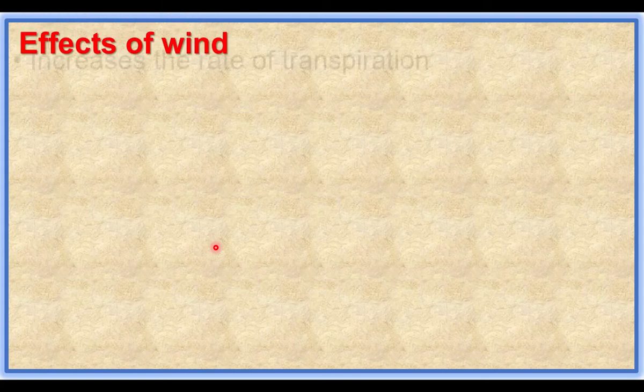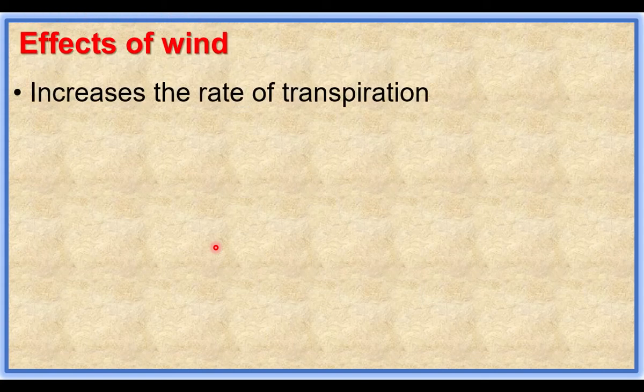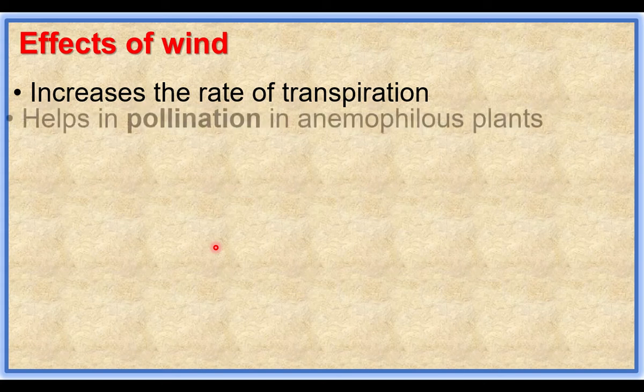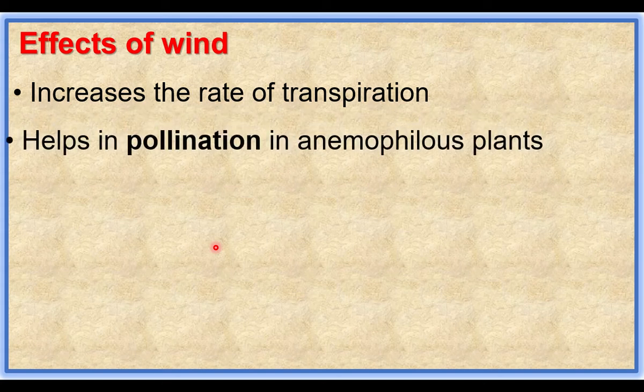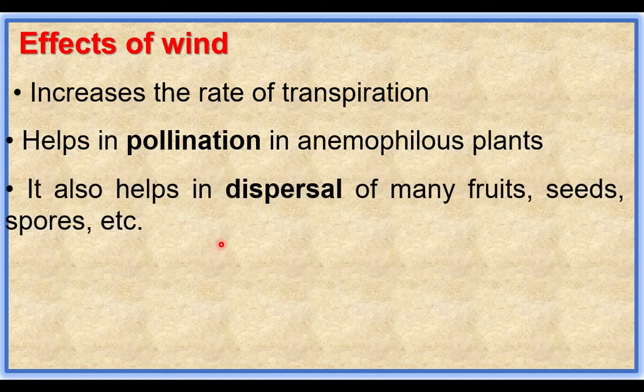Now let us see the effect of wind on organisms. Wind increases the rate of transpiration. The wind carries away the moisture from the surface of stomata. Wind helps in pollination in anemophilous flowers. Pollen grains are carried by wind. Wind also helps in dispersal of many fruits, seeds, spores. These three are positive effects of wind: